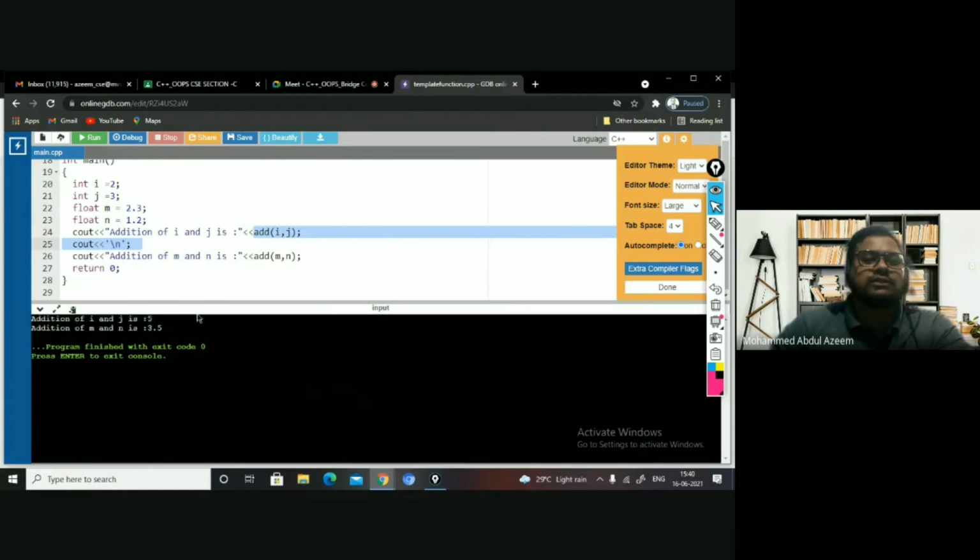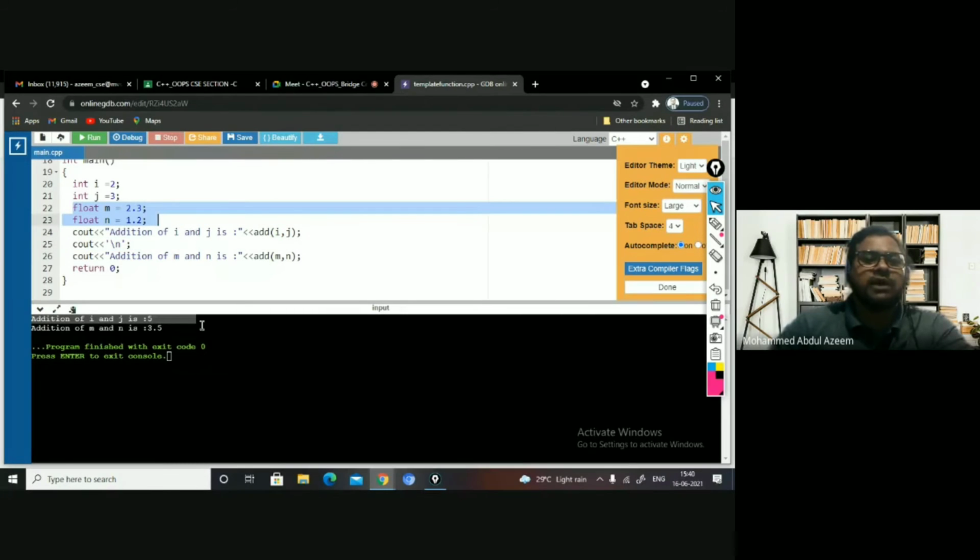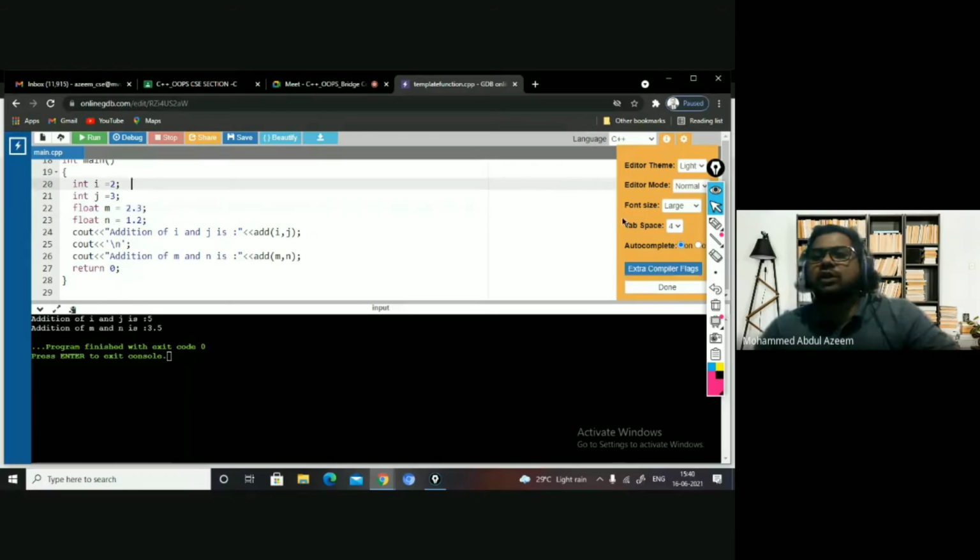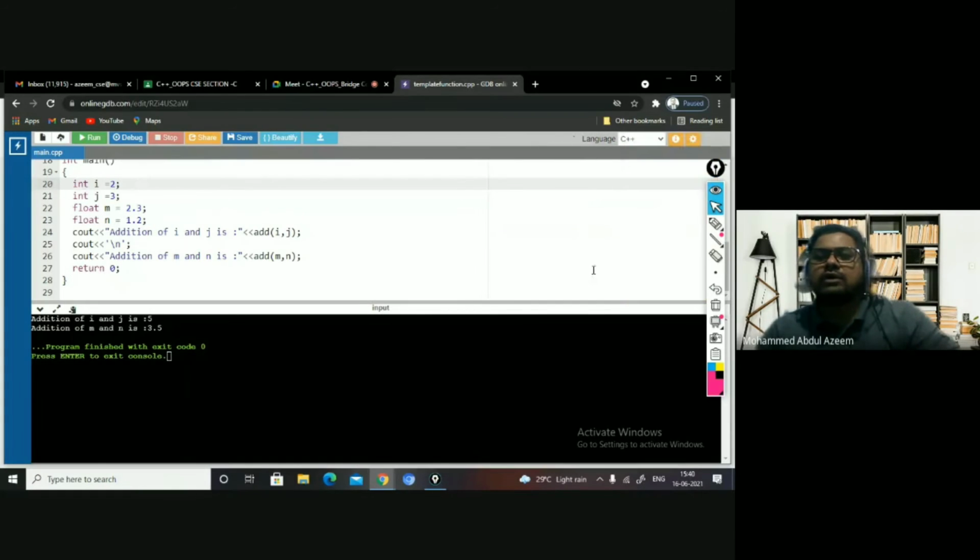So that it has done here. And in the next one, you are adding float kind values. 2.3 plus 1.2 is going to be 3.5. So you can see here, you got 3.5.